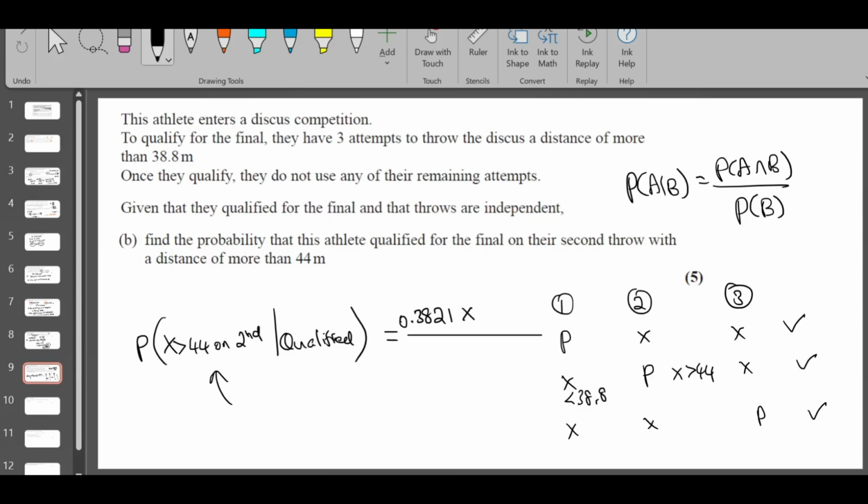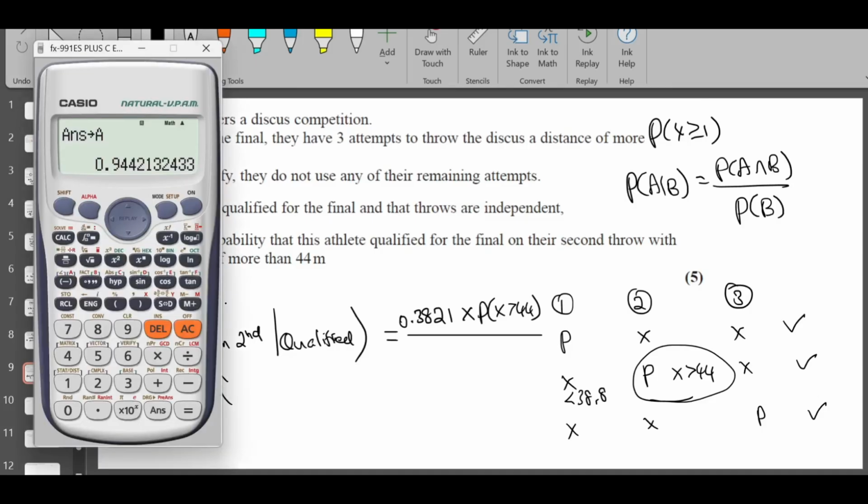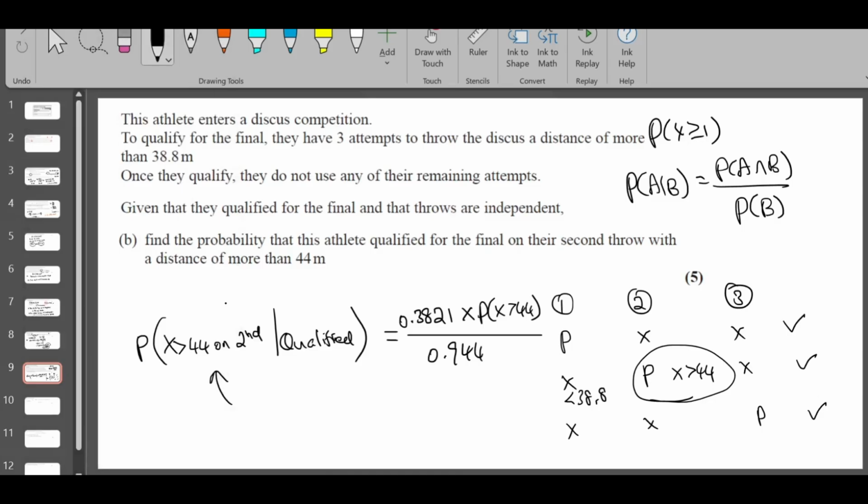In the second one he got success, he threw more than 44, which we are yet to calculate, divided by the probability for him to be qualified, which is what we calculated as Y greater than or equal to 1, right? We stored it as this value